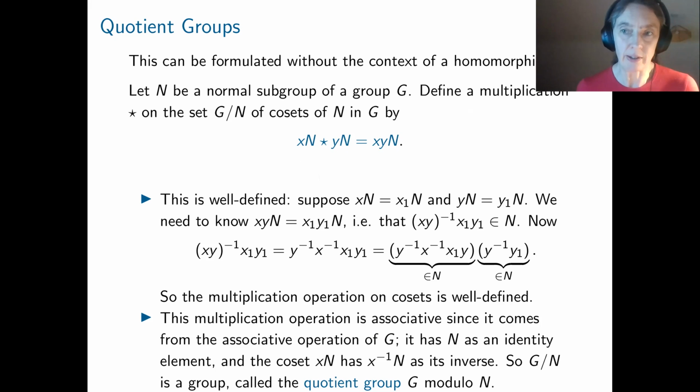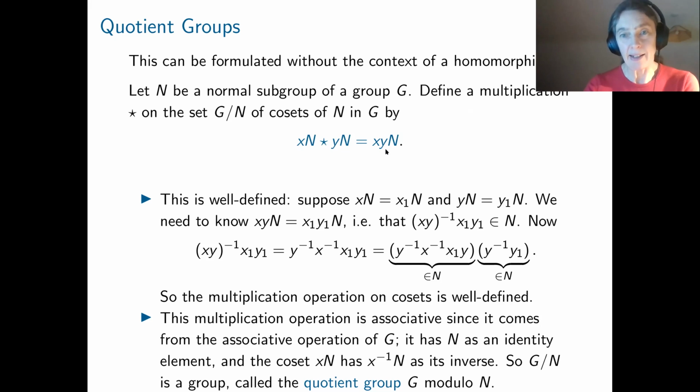There is an issue here, because when you look at this definition, you might ask yourself: I have a coset, I pick an element x of it. I have another coset, I pick an element y of it. I compose x and y in the group G. I take the coset to which that product belongs. In order for this to make sense as a definition of multiplication of cosets, you have to